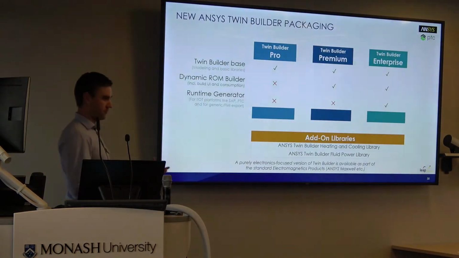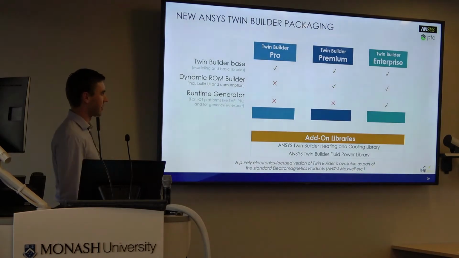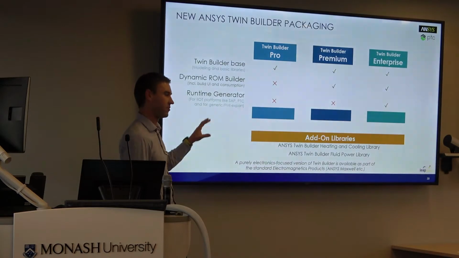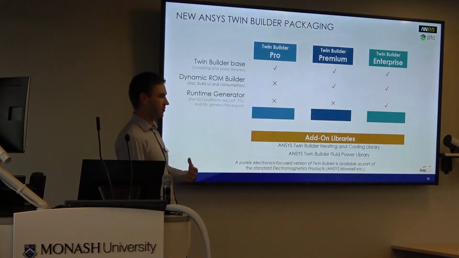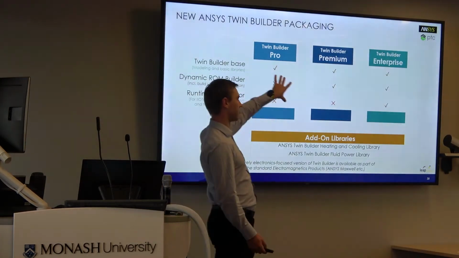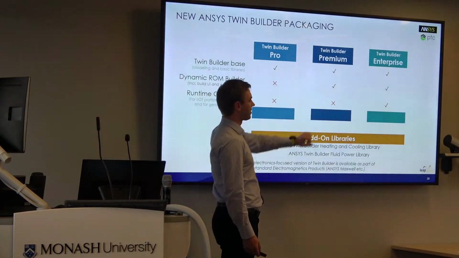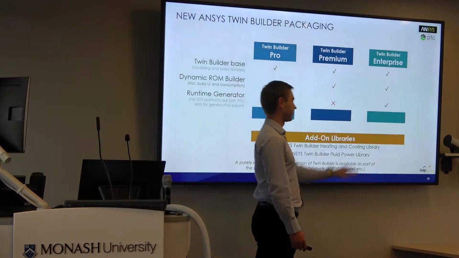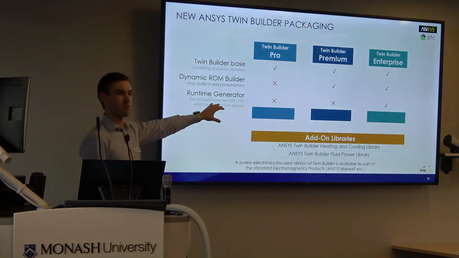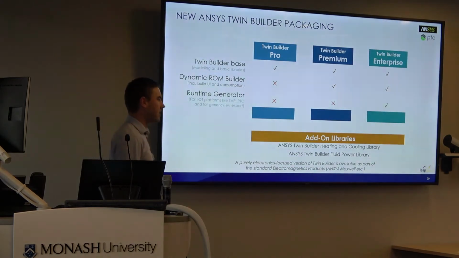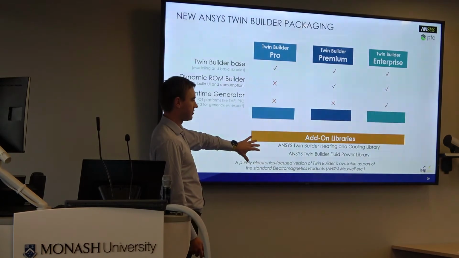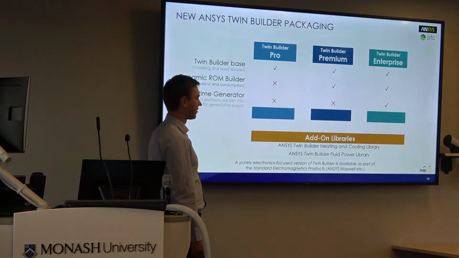With the whole move from Simplorer to Twin Builder, we've had a new packaging set up, and what suits you depends on what you want to use Twin Builder for. I tend to work with systems and ROMs, but I don't really tend to deploy them, so I end up in Twin Builder Pro and Twin Builder Premium. If you come to deploy them to ThingWorx, then you'll need at least one enterprise license, because that gives you the runtime generated element of it. We also have direct access to some of the more complicated Modelica libraries, and they come as part of the Twin Builder